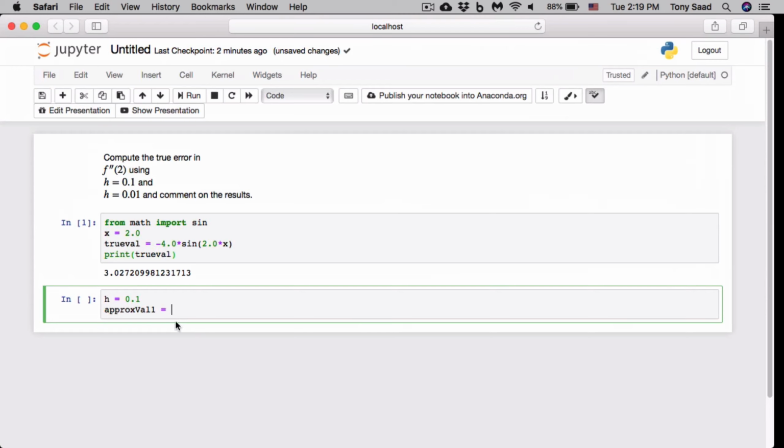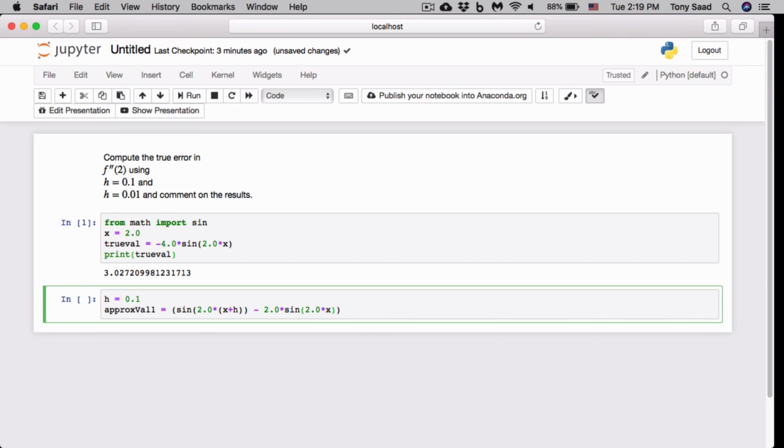So I'm just going to write this down directly. So that would be sine. Our function f of x was sine 2x. So f of x plus h is sine 2 times (x plus h) in parentheses, okay? Sine 2 times (x plus h), agreed? So that's the first term, minus 2 times f of x, which is sine 2x,